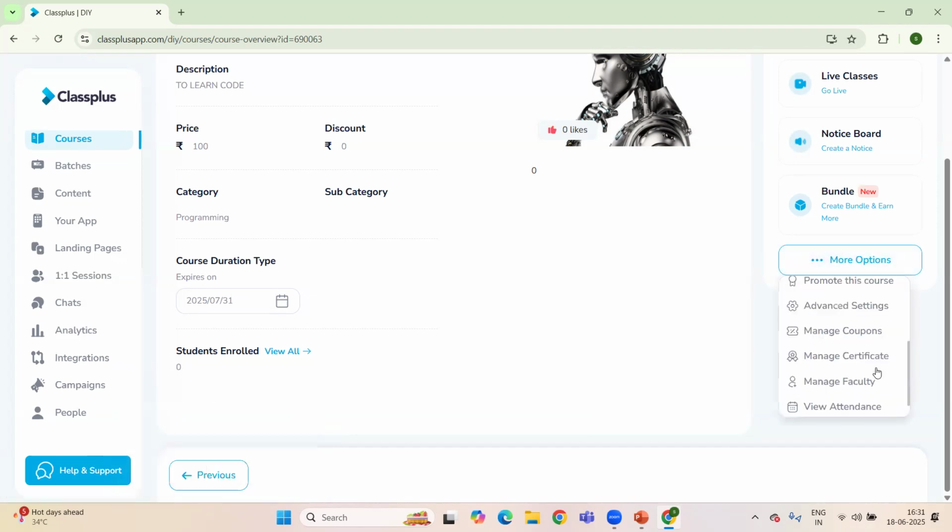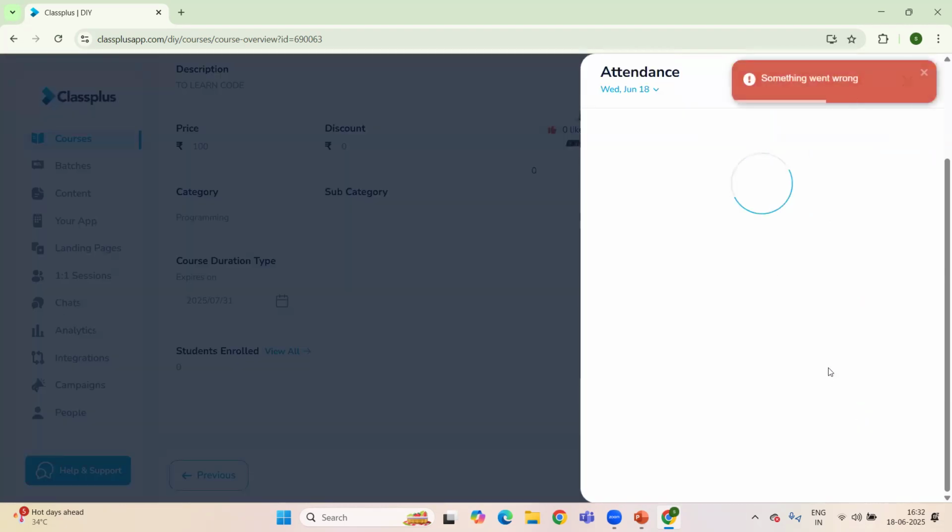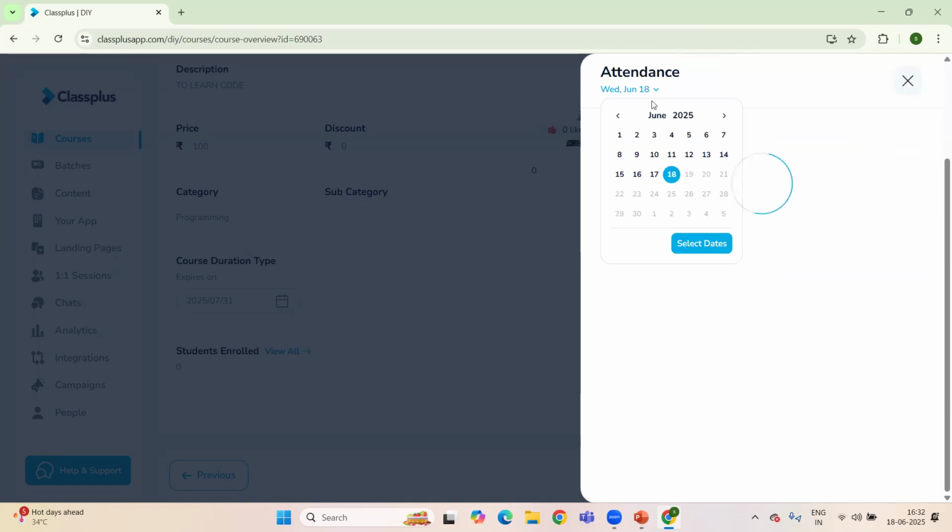Similarly, view attendance. When this course is ready and students will take classes live, then we can manage the attendance as well by date. So here's the option. We can choose the attendance for a particular day also, or from the initial date as well.